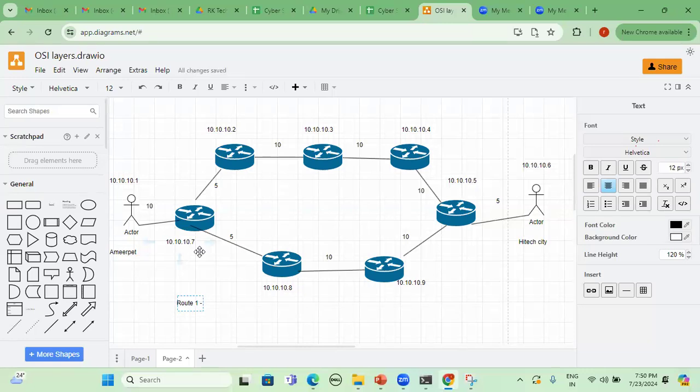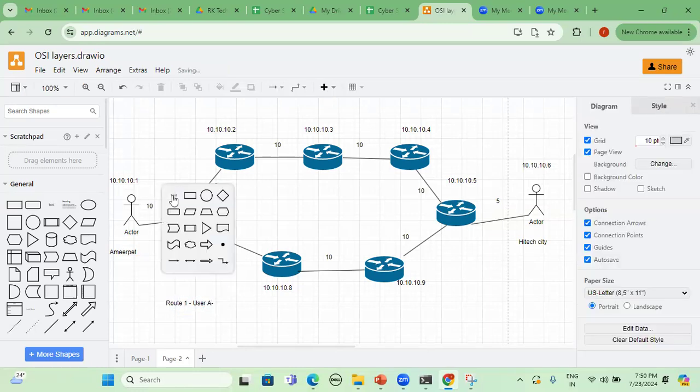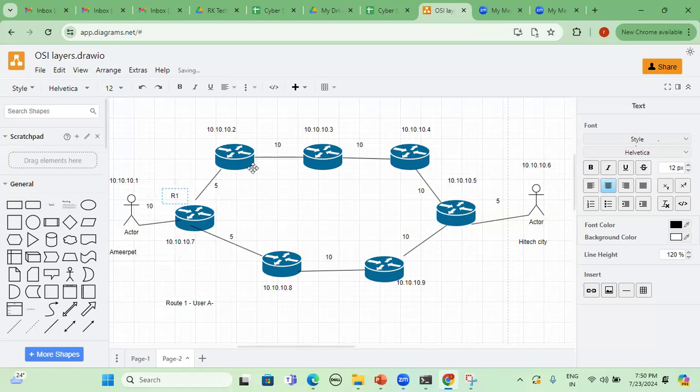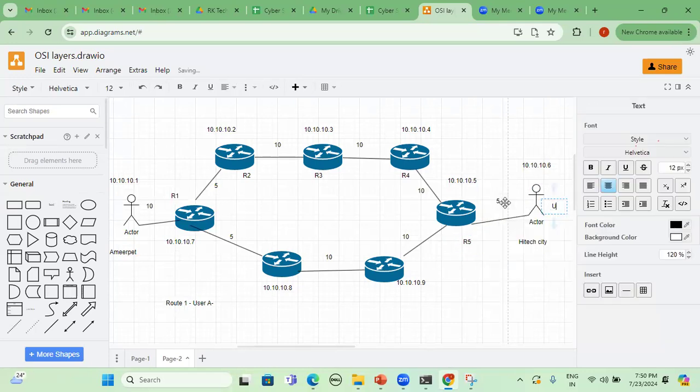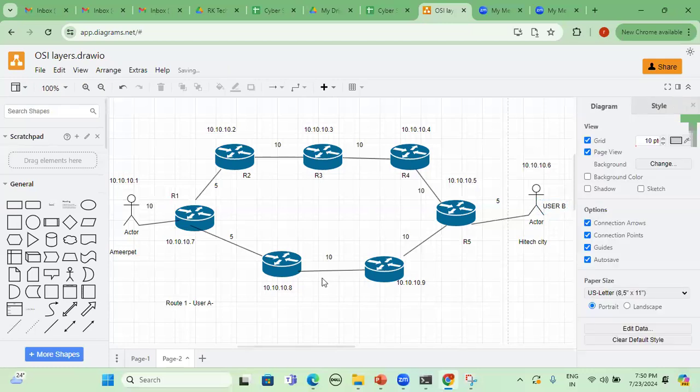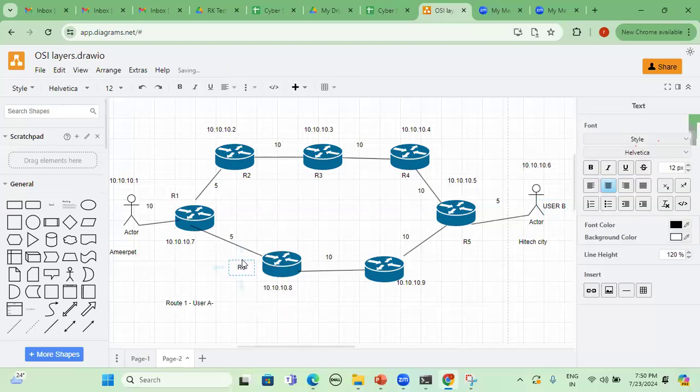So user A to, this is R1 for example. This is R2, that is the router ID. In the similar way, router 3, R4, R5, and here user B. Now here R6, R7.